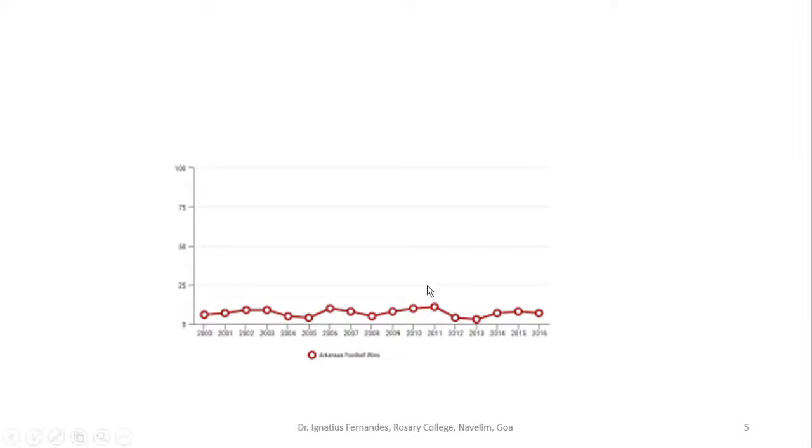Sometimes we also see inappropriate axis length. Now if you look at this, the y-axis values that I have formed here are actually all between 1 and 25. So there was no need for scaling from 25 to 100.